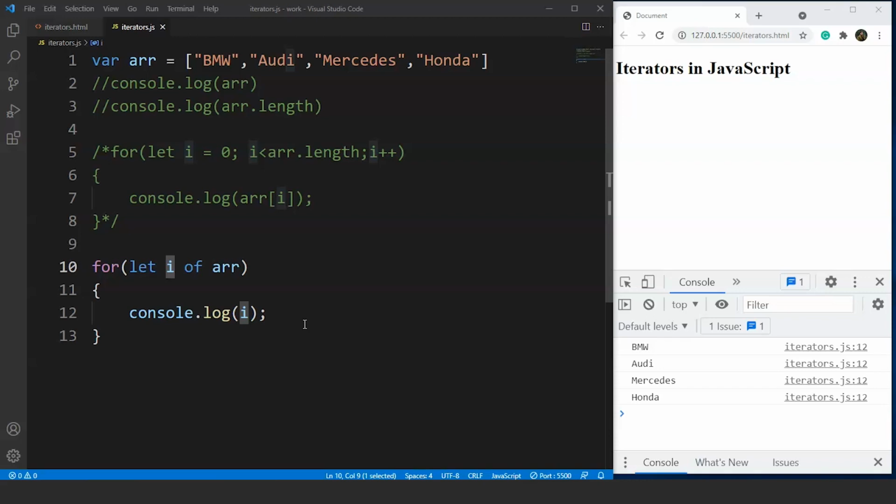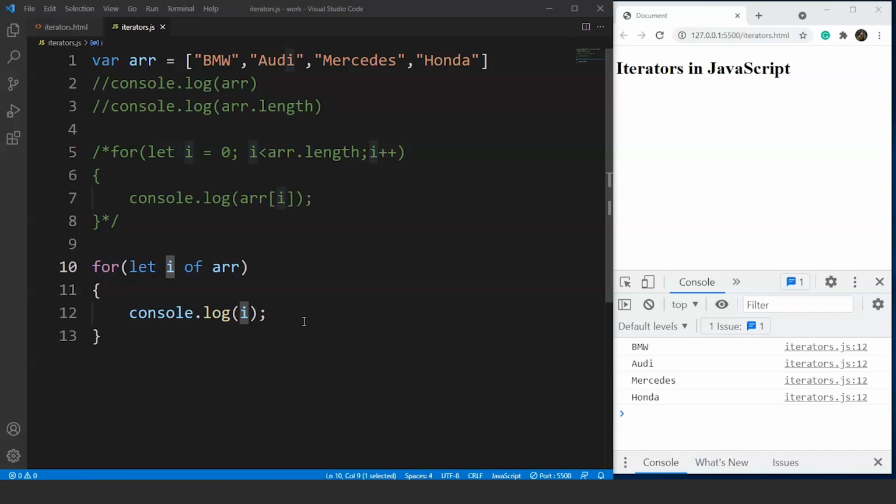We can traverse each element present in the array one by one. We are not going to traverse all the elements present in the array at once. We are going to do it one by one. We'll traverse a single element, then we'll print it, and then we'll move on further. Now the concept of iterators is a little bit tricky, but you'll get it if you go through it keenly.